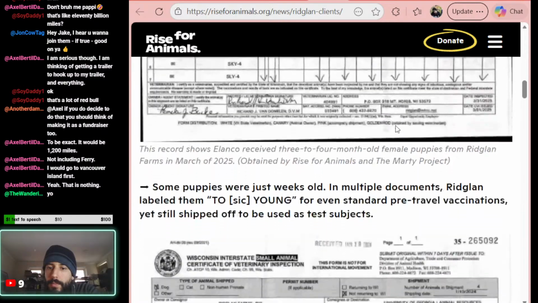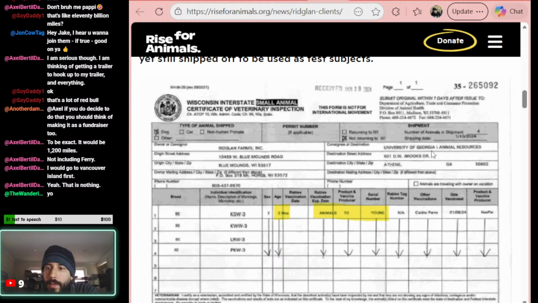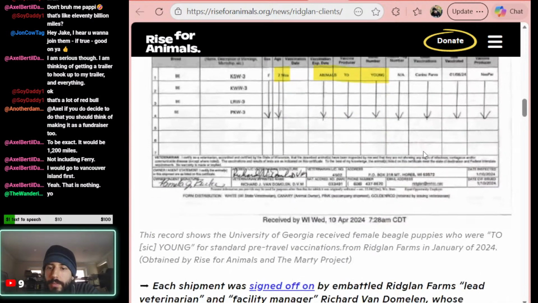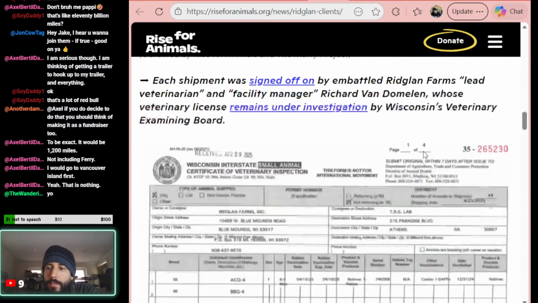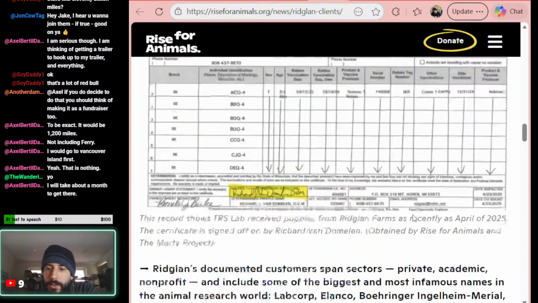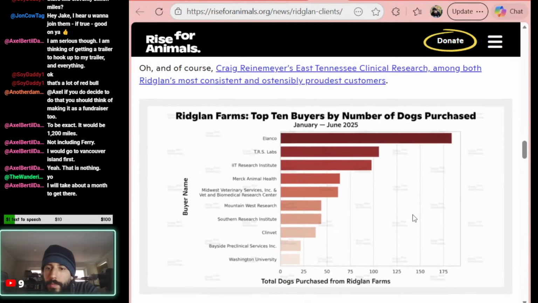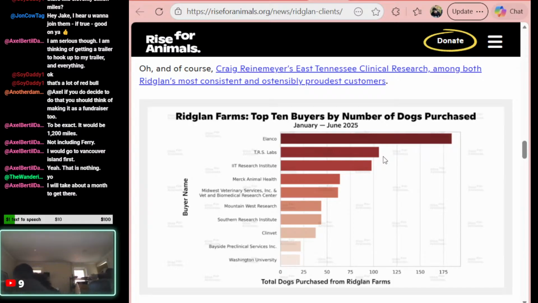Elanco. University of Georgia. What is that? TRS Lab. Also in Georgia. Damn. Stop.